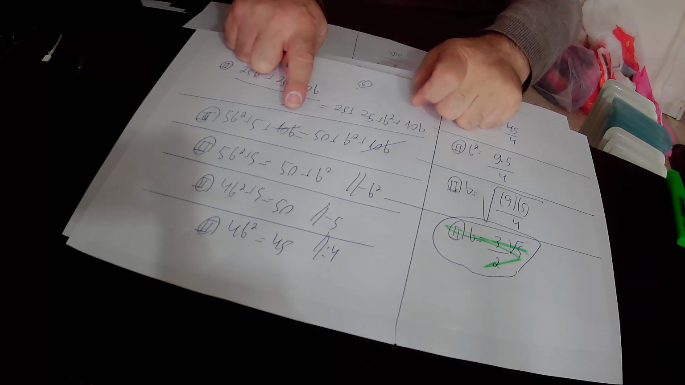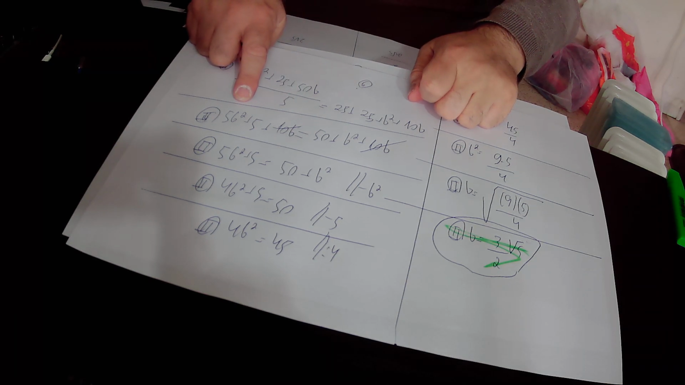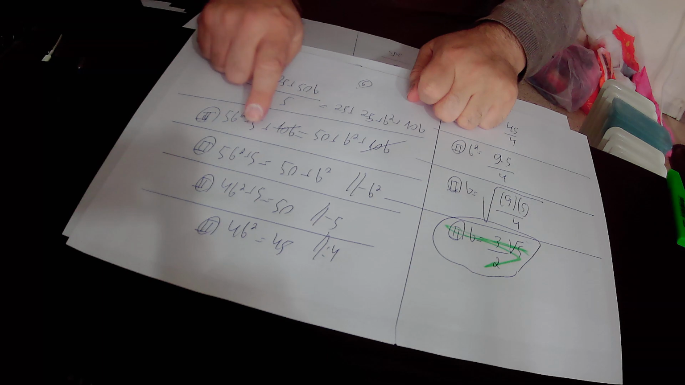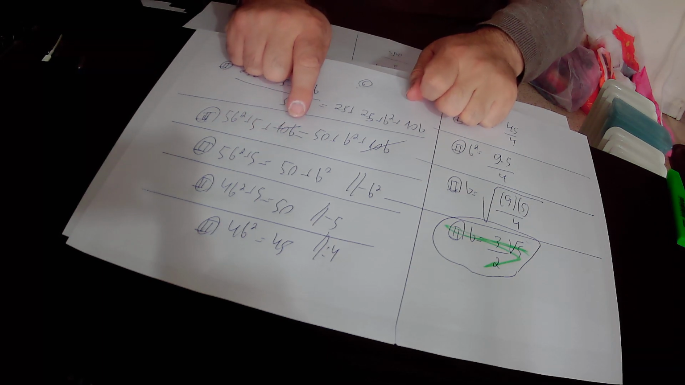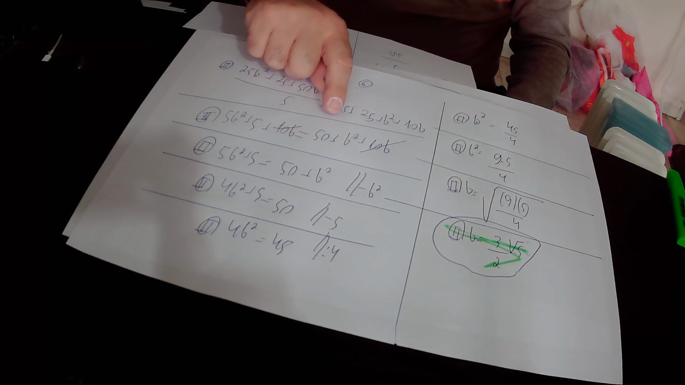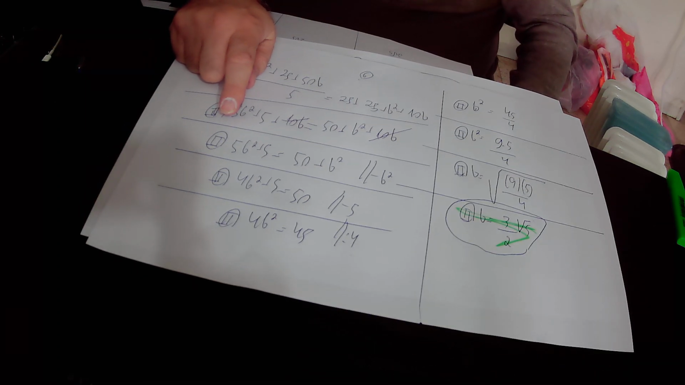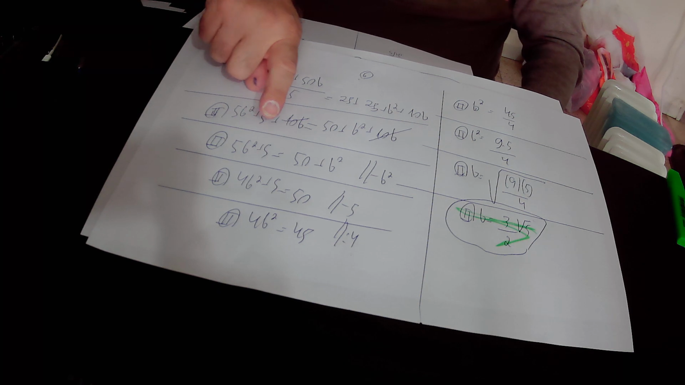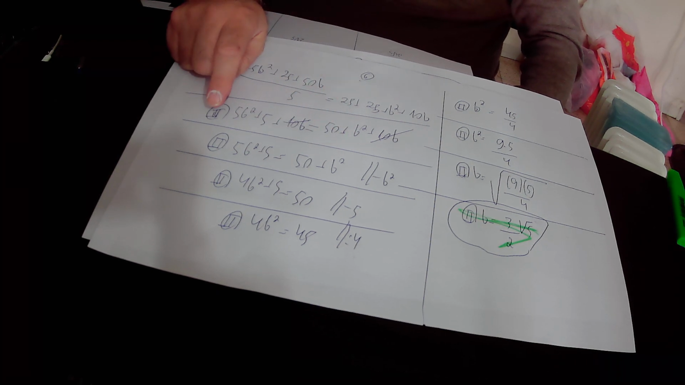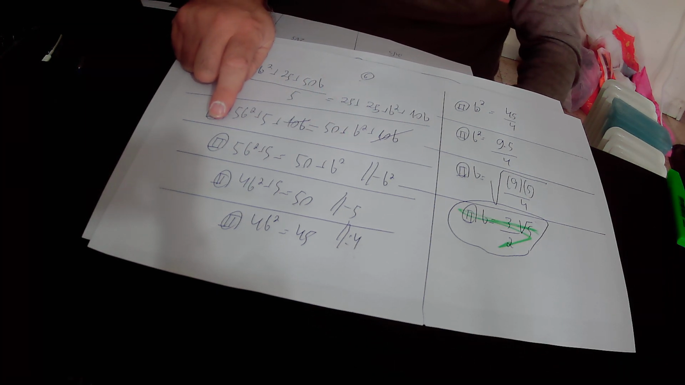After we cancel 10b, on this side of the equation we are left only with 5b squared plus 5. On the other side of the equation, we are left only with 50 plus b squared. So in total, according to equation number 2, we found that 5b squared plus 5 equals 50 plus b squared. Here we subtracted b squared from equation number 2, and finally found that 5b squared